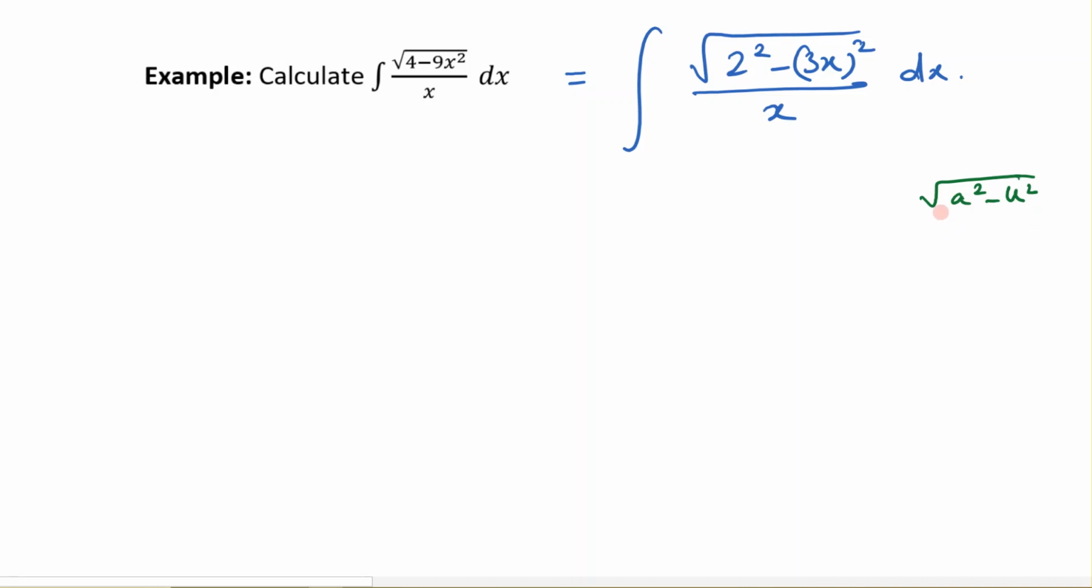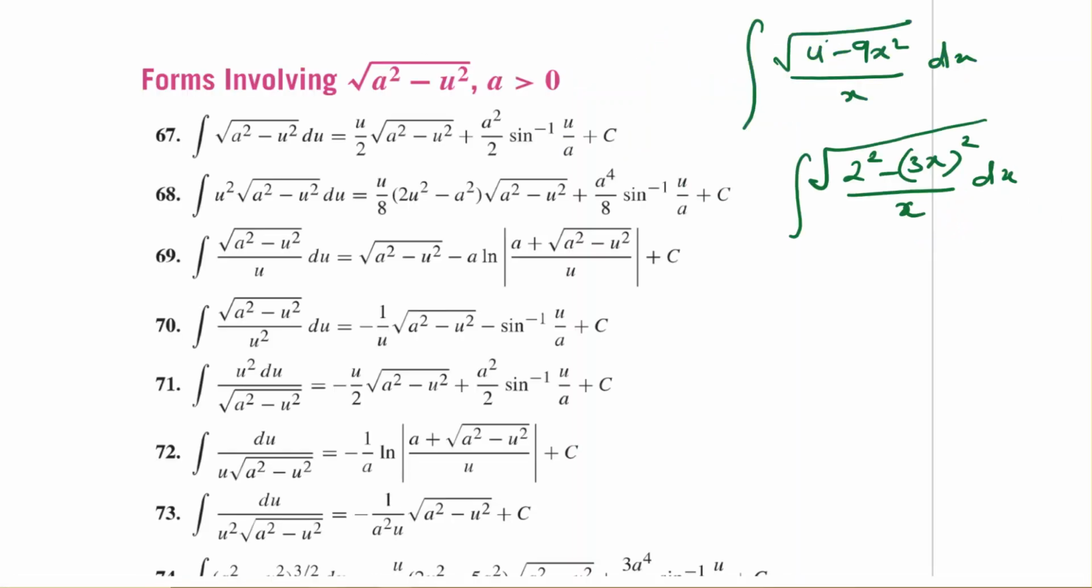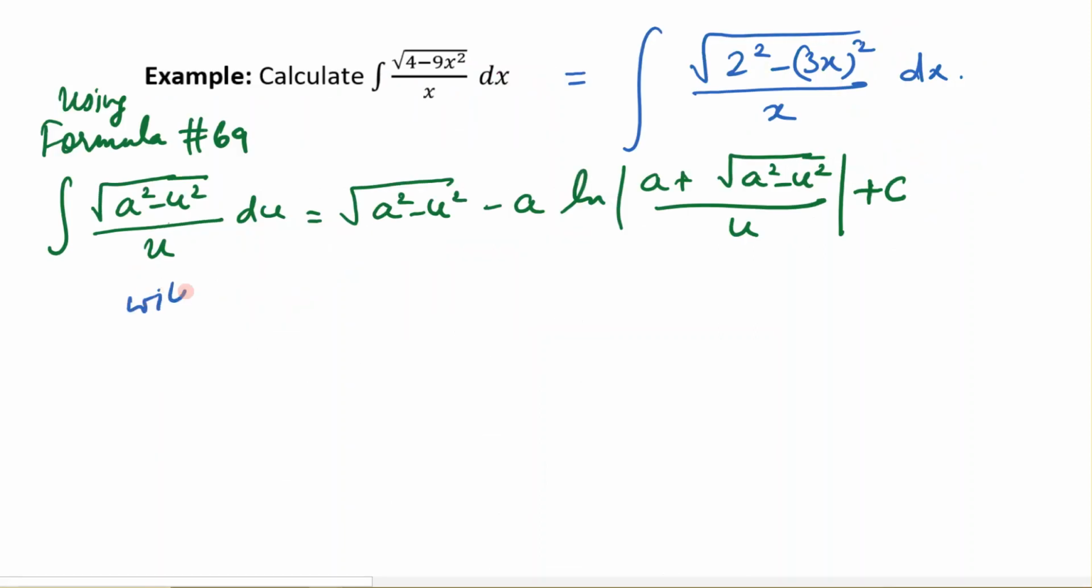And then we look in the table and we try to recognize this type of form in the table. So we notice that square root of a square minus u square over the variable u du. So this is the similar form that we can use in our formula. So we need to use this formula in order to solve the integral in question. Using formula number 69 with a equals 2 and u equals 3x, we get the given integral,